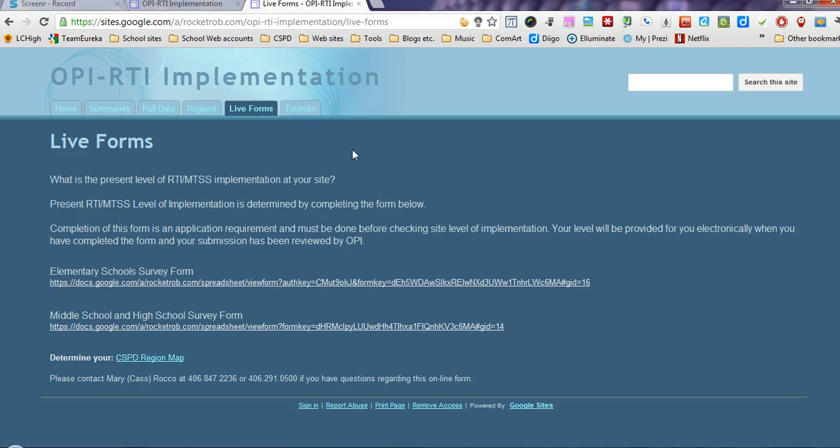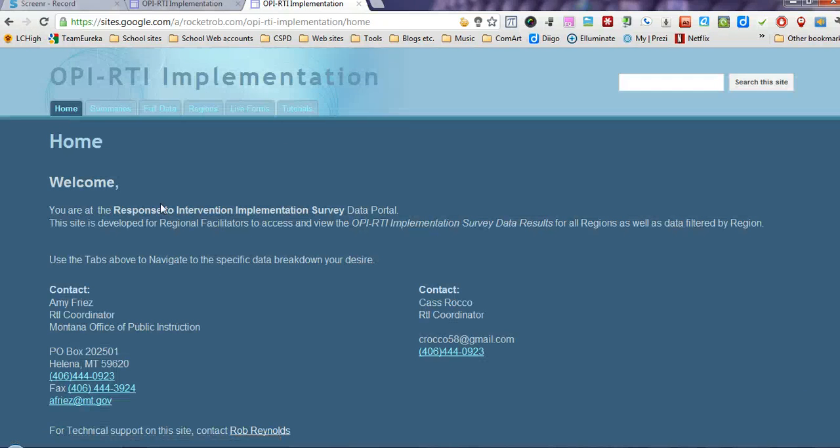And that is kind of the overview of what's on this page and how it works. It does have a search feature in it, so if you're looking for something specific, you can do a search, but there's not too many pages in there. The intent of this site is just to kind of put everything together in one place for easy reference and viewing. And this is intended to be used by the RTI implementation regional coordinator folks. So the future videos will show you a little bit more, and